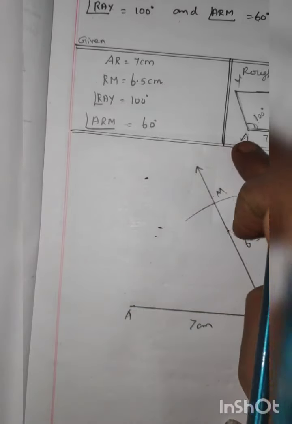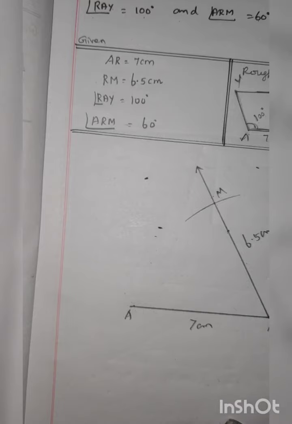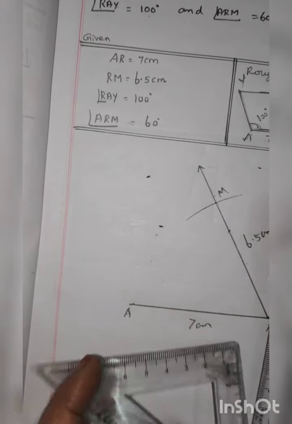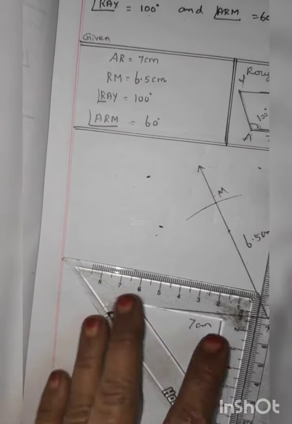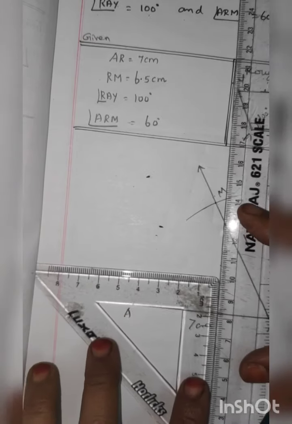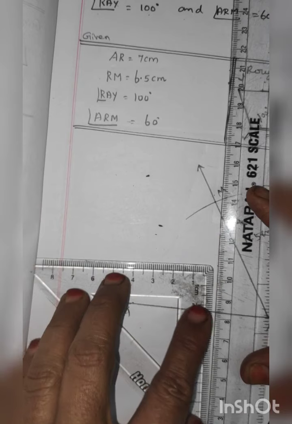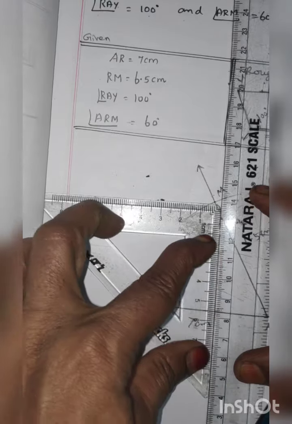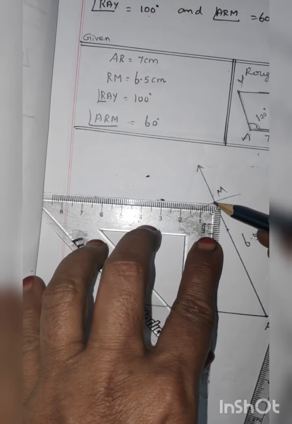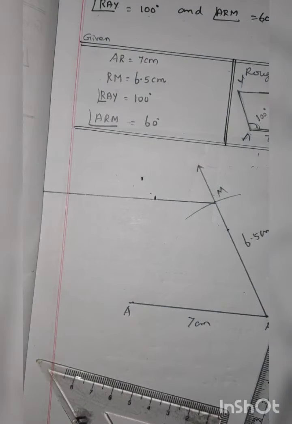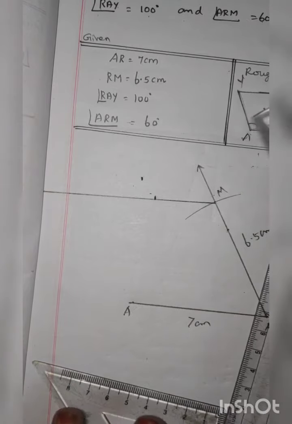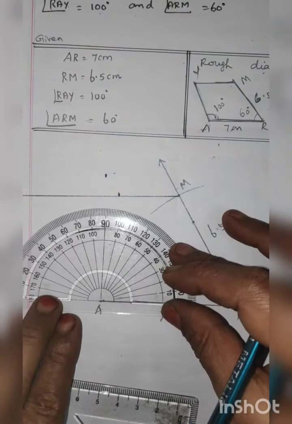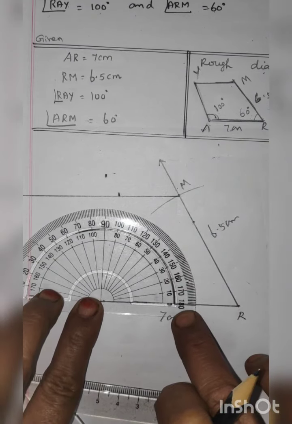Next work, use the set square. Then before, on the left side, what is given? So okay, use the set square and scale. Keep the scale straight and keep the set square. After this point, take the scale, and keep it correctly. So take the scale and draw the line. This is the parallel line. Now you measure 100 degree there. At which point do you keep the protractor to measure 100 degree? At A point keep the protractor. Check that the line coincides or not.